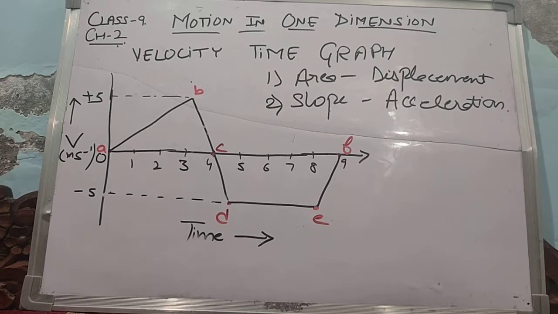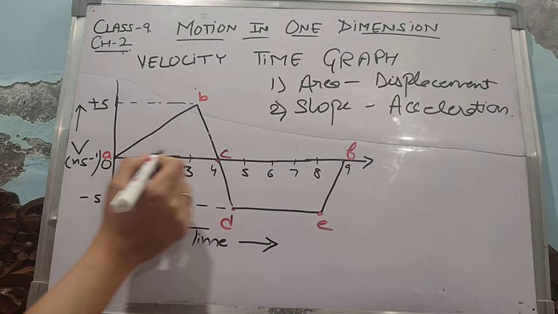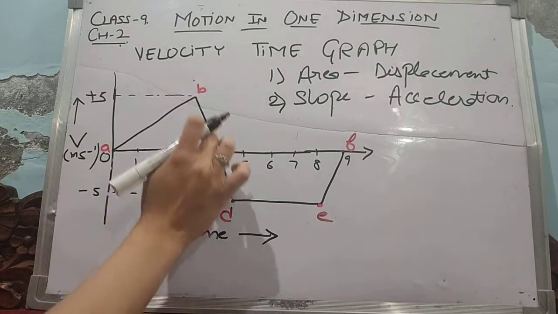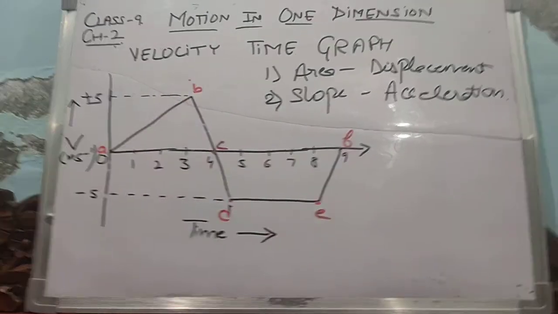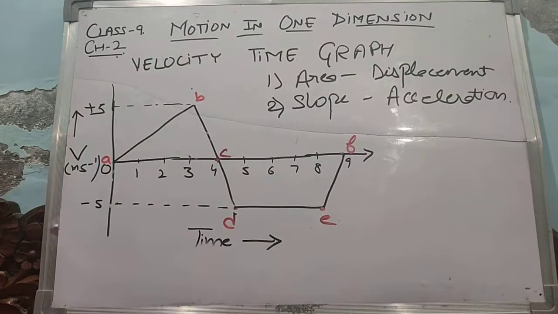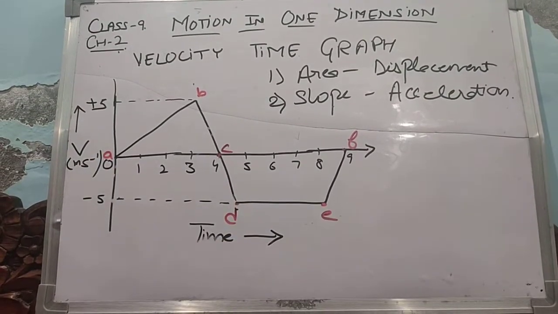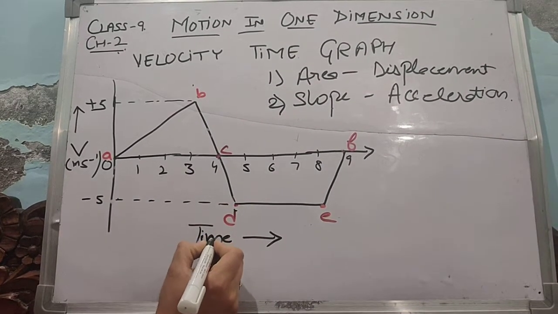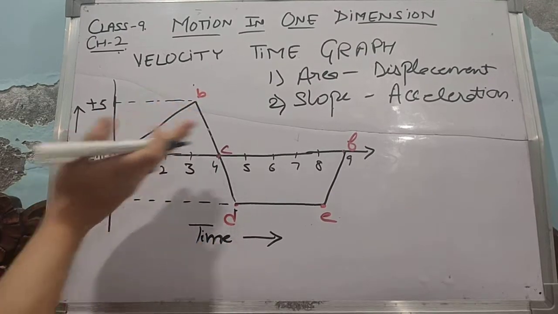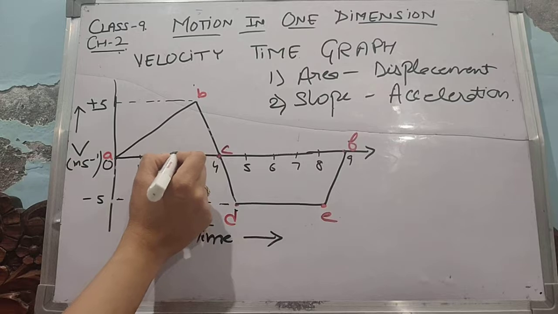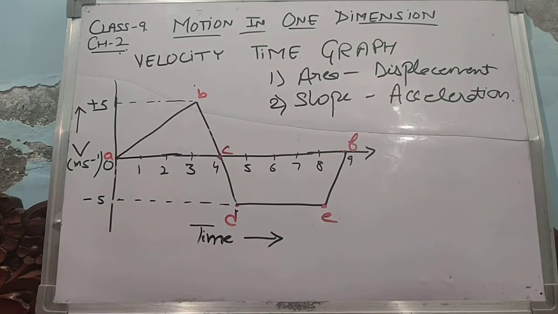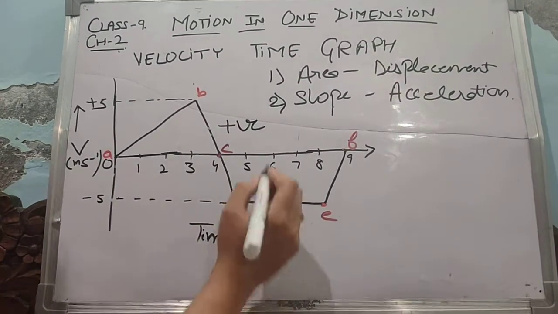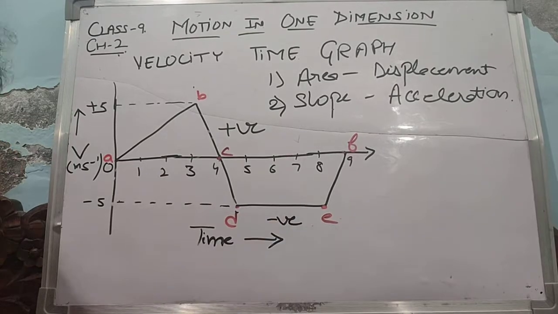For calculating displacement, we have to find first area. You can see the given figure. In given figure, this is a triangle ABC, and CDEF forms a trapezium. So we have to find area of triangle and area of trapezium for calculating displacement. Now, there's a certain condition. When we have a figure above time axis, then area of that figure is taken as positive, and the figure which is below time axis, the area is taken as negative.